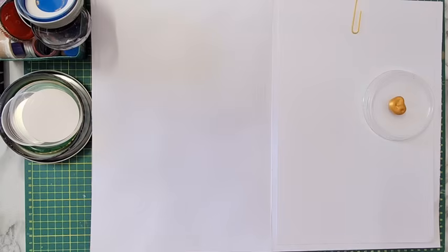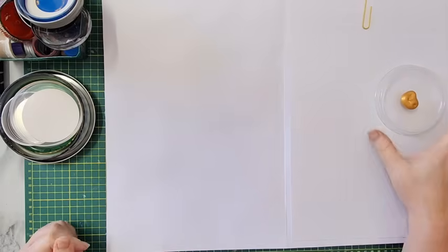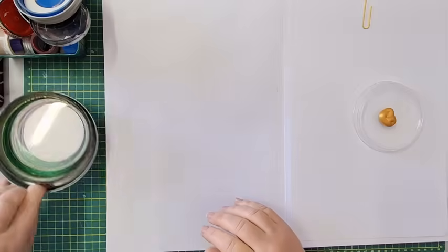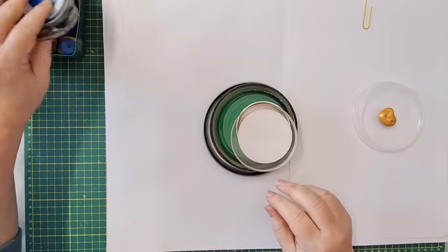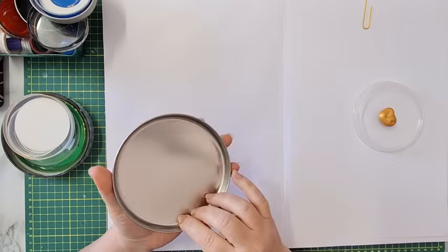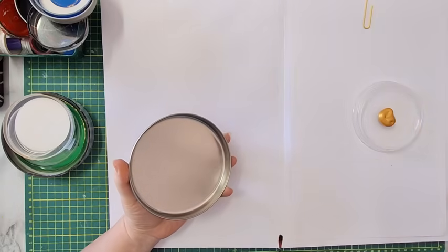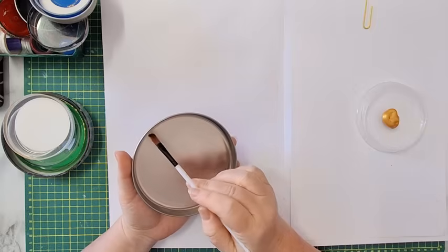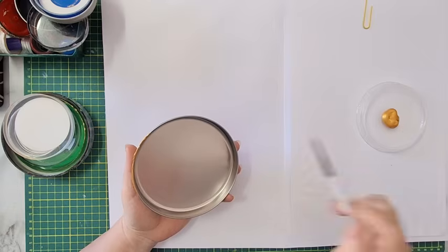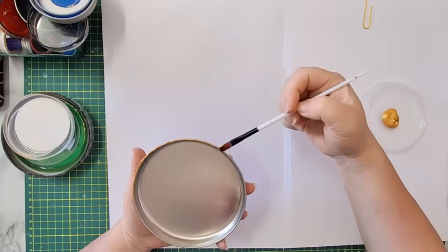I want to start my page with some gold circles. I've got a gold acrylic paint here, and I've got all kinds of circles that I can play with and create something in the background. I'm starting with this big one, and instead of using my finger, I'll just tap a little bit of the acrylic paint with this brush